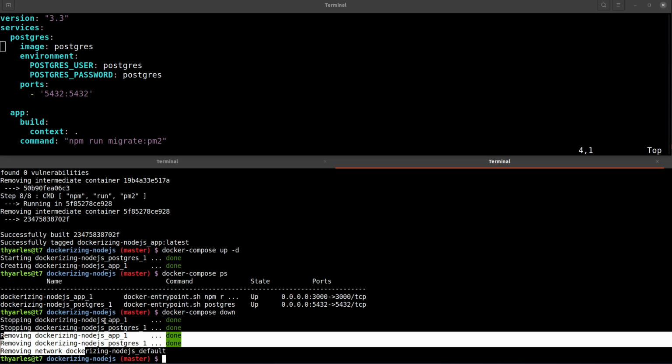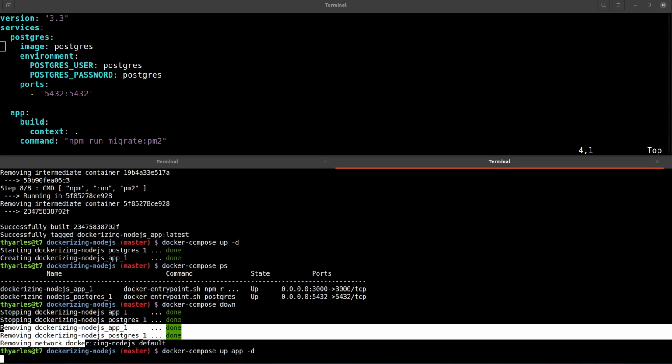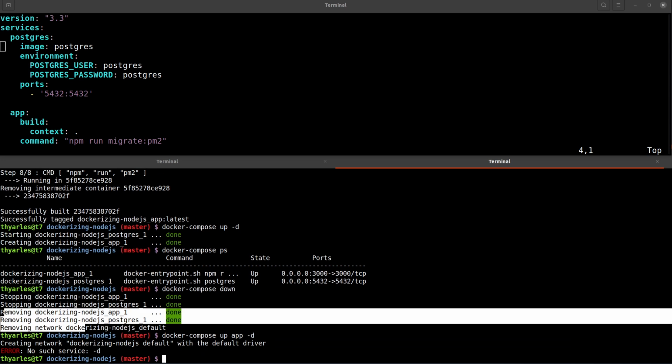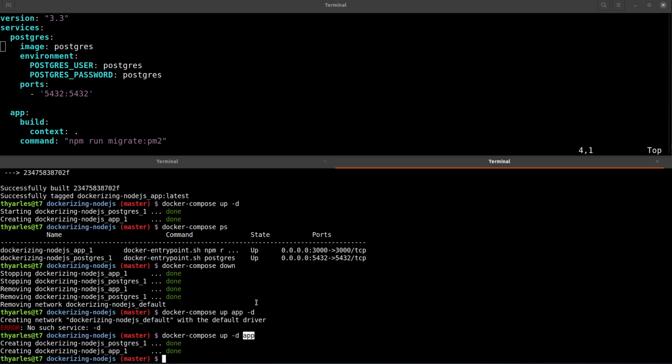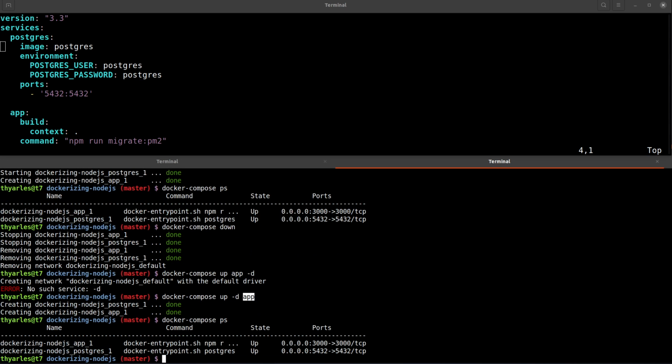And if you want to run just the app, you can call it like that, up app, because you have your database already. Oops, no such service. I think I can pass this like latest. Sorry. So this time I did the same command, but instead of starting the Postgres and my application, I just started my app. If I do the Docker Compose PS here, you can see that I have my